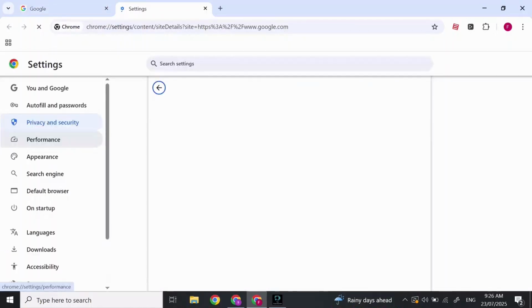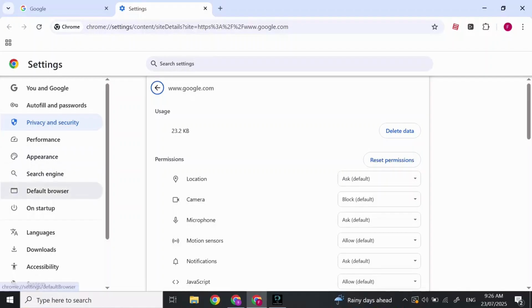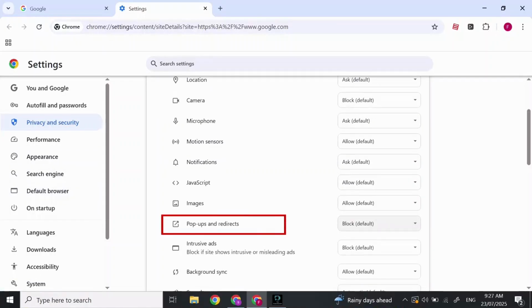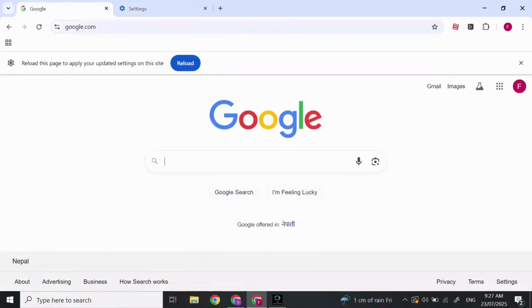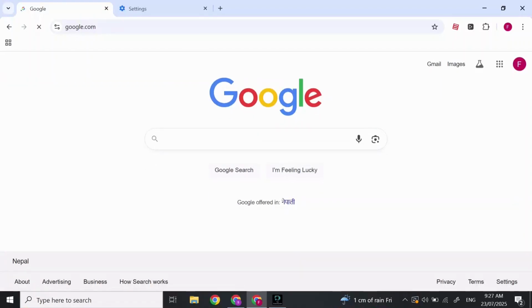In Site Settings, you'll find this kind of screen pop up. In here, search for pop-up and redirects, and click on it and press on Allow. After that, this is just for specific website, but if you want to do it for whole Chrome, click on